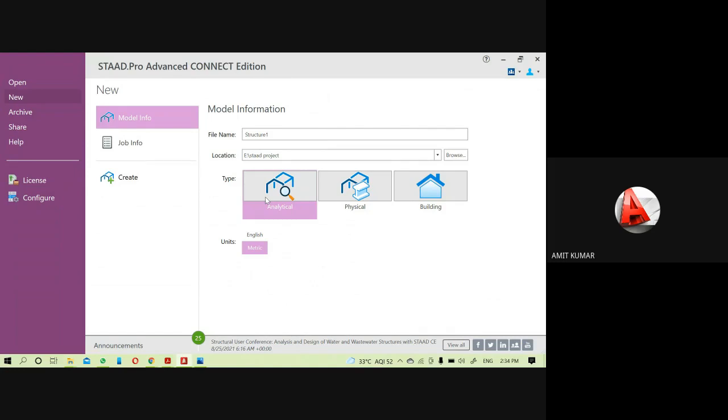First thing, we will learn how many types of seismic analysis we can do through the Staad Pro software. Mainly there are two types of seismic analysis. First one is static analysis, and second one is dynamic analysis. Under the static analysis we have different methods like the Rayleigh frequency method and the eigen solution method, and under the dynamic analysis we have the response spectrum method and time history analysis method. So I will start with the static analysis methods.